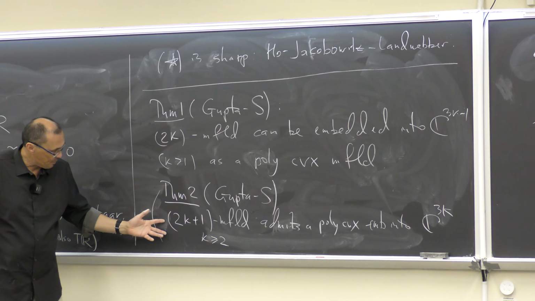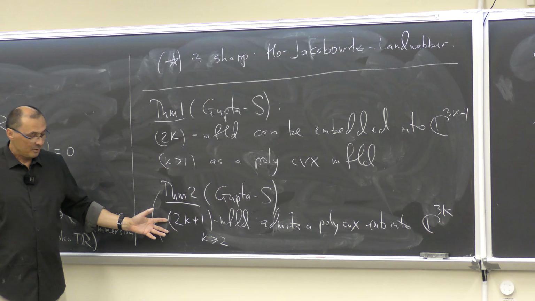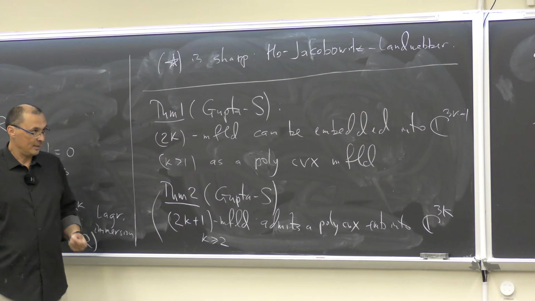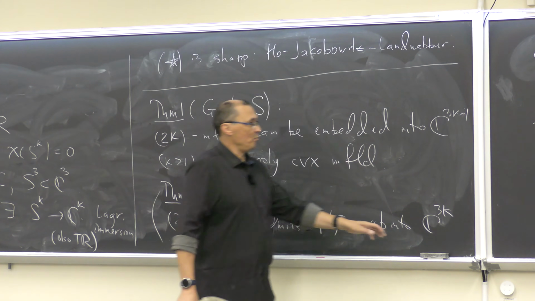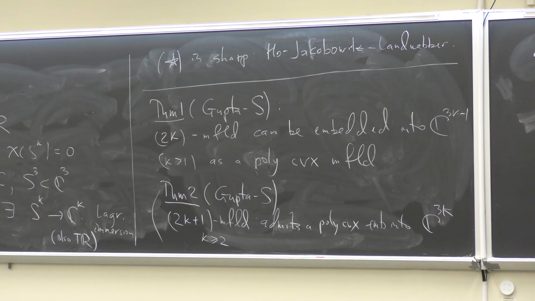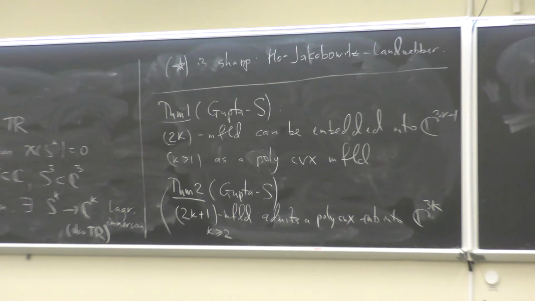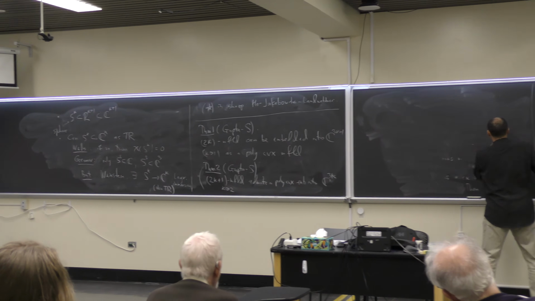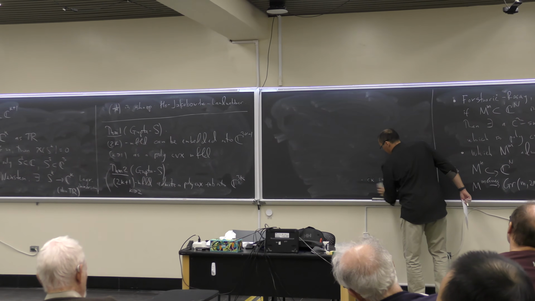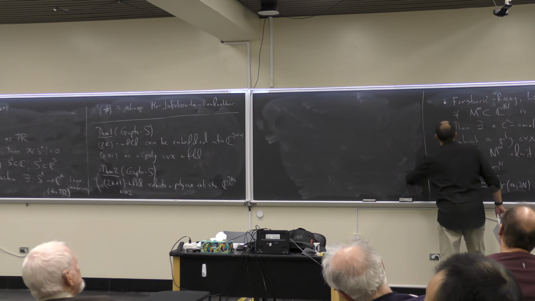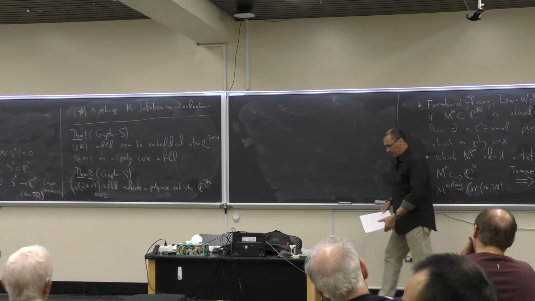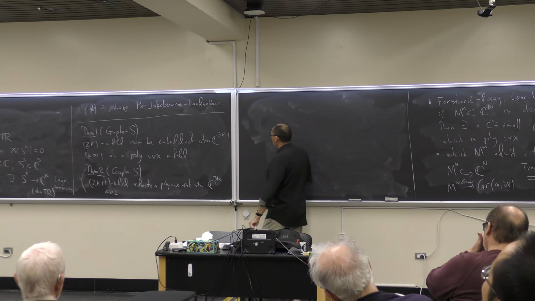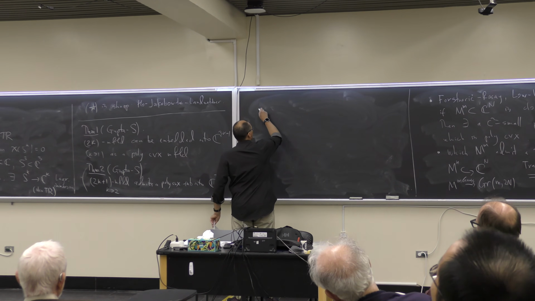In this specific dimensional setting, we expect one-dimensional singular sets. And the idea of the proof is very different. We couldn't really do the perturbation of this sort to get polynomial convexity. But instead, what we did,